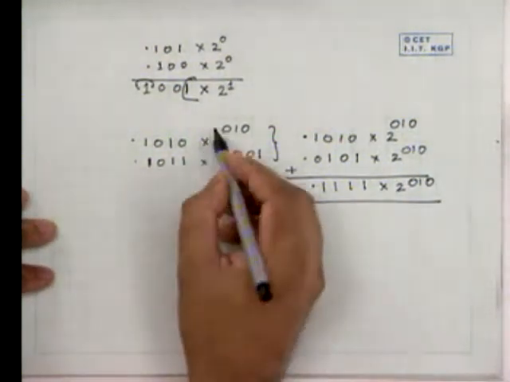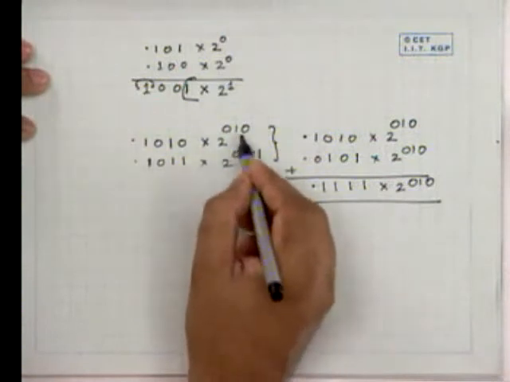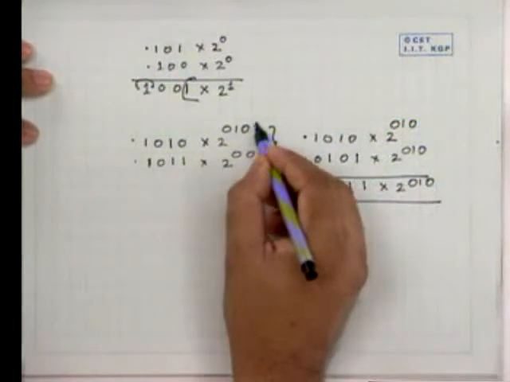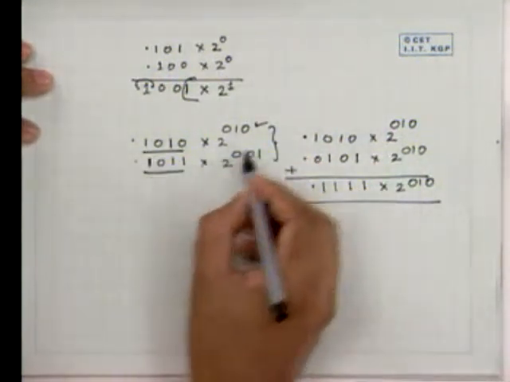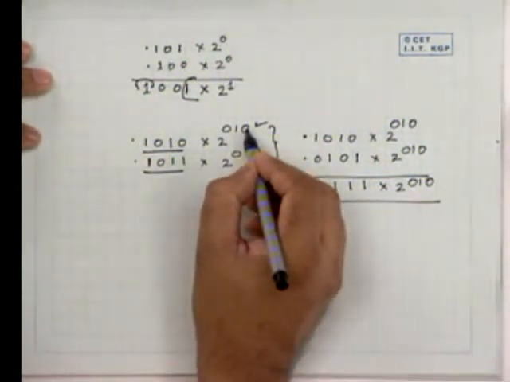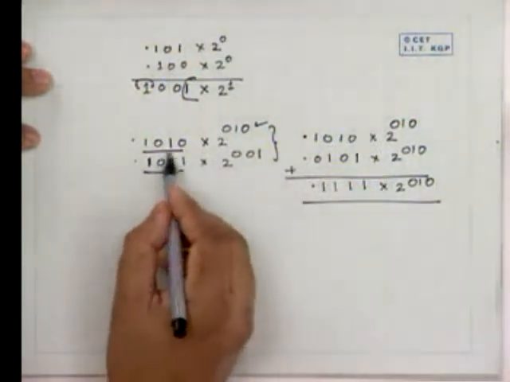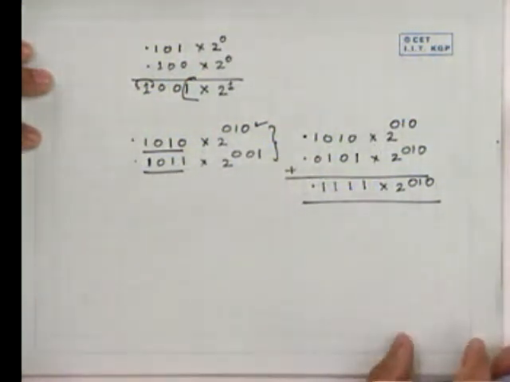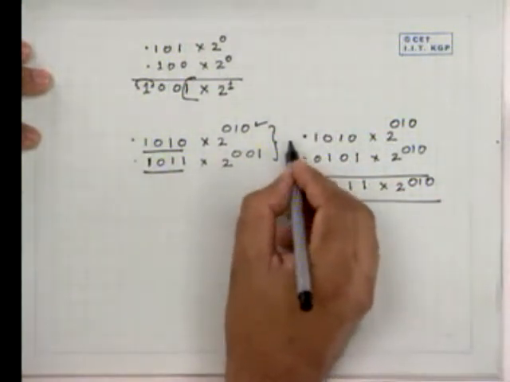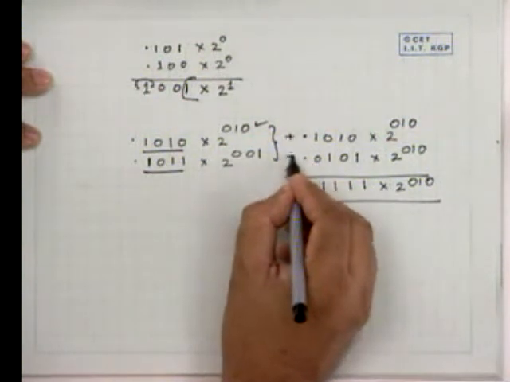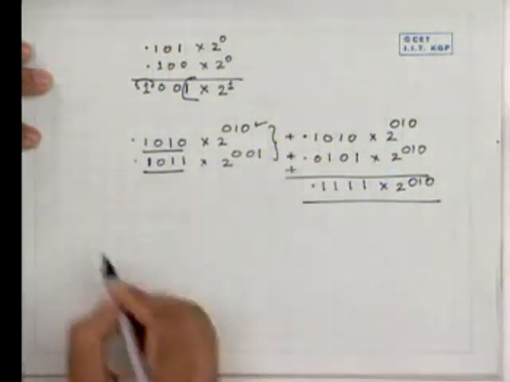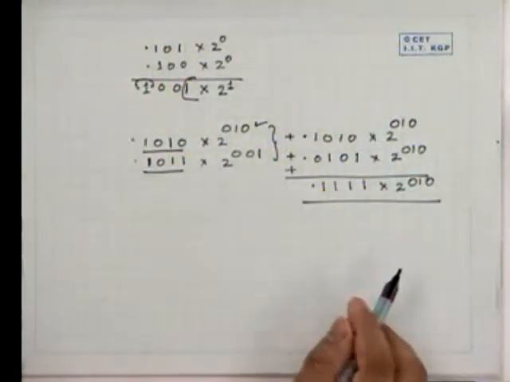Which means that whenever we are trying to do an arithmetic operation like this, we'll have to first align the mantissa depending upon the exponent. Naturally, the lower exponent has to be raised to the higher exponent value. Accordingly, the mantissa has to be shifted to the right, and only then can the addition take place. This is the sign bit, this is also plus, this is plus, and therefore I am simply carrying the sign over to here. This is represented by 0, plus. Now, this is the way that addition has to be done.